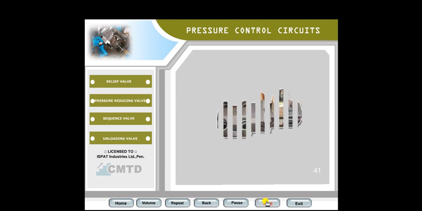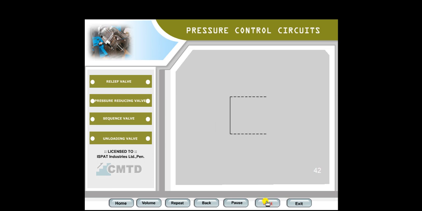Pressure reducing valve. In a hydraulic circuit, if there is only one pressure, it can be set by relief valve. If two different pressures are simultaneously required in a circuit, then a pressure reducing valve should also be used. The basic symbol of a pressure reducing valve is a square. Let us show inlet and outlet also.